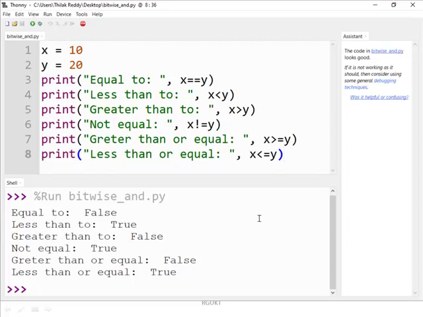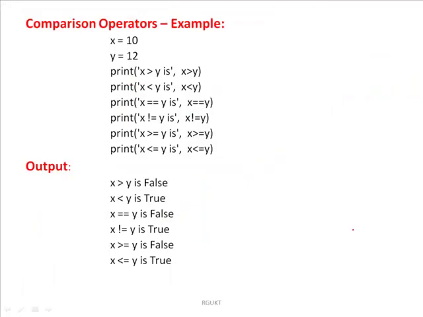These are the resultant values when we are using the comparison operators, and it is going to compare the two values depending on the conditional checking. The resultant value can be displayed as either true or false. So here is the program, and you can check it later. I am going to take x equal to 10 and y equal to 12. All the comparison operators are checked here. Depending on the comparisons, the resultant values are displayed as either true or false.